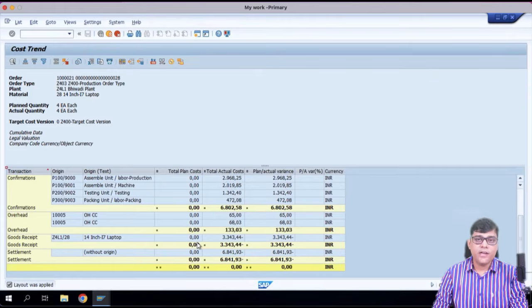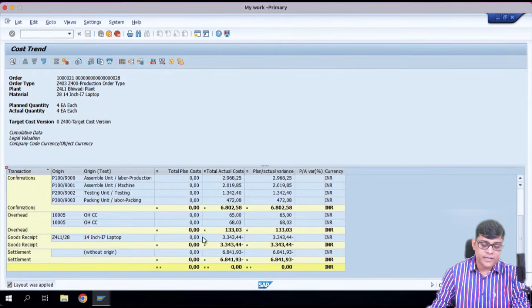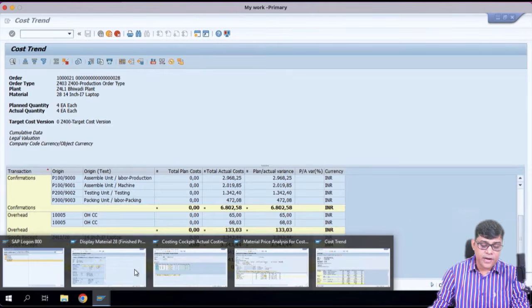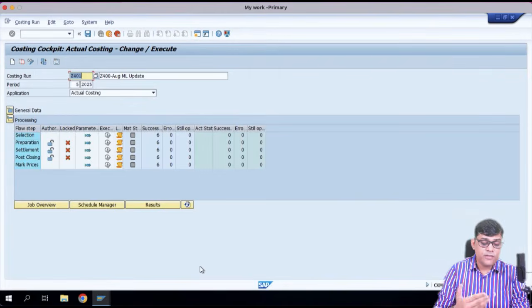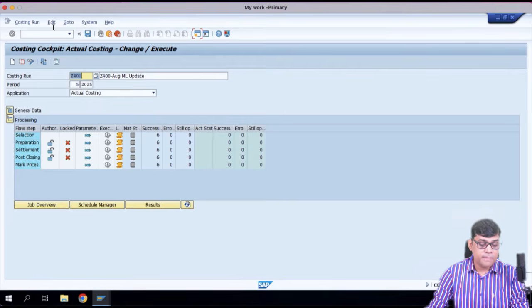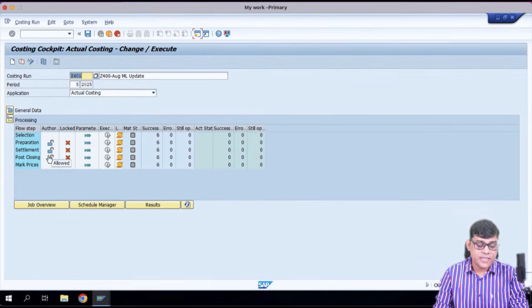So everything is done. Now, as we have some new data, reevaluation has to be there. At the end of the period, all the adjustments and the reevaluation should be done, and once it is completed, you will find the new price of your material. So once you complete this settlement process, meaning this calculation process, and once you settle,